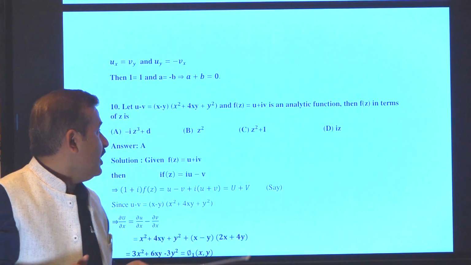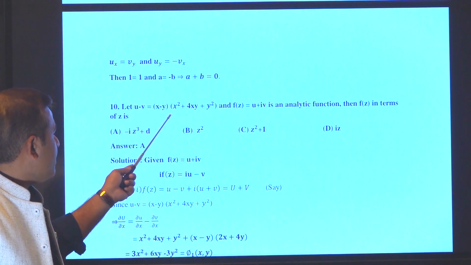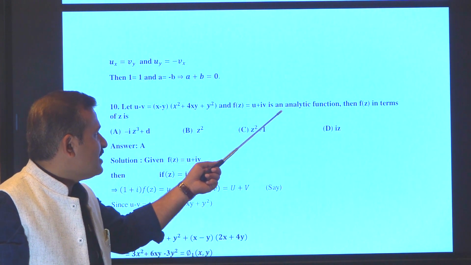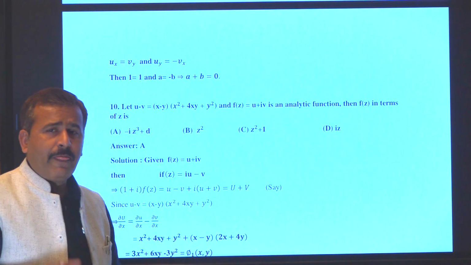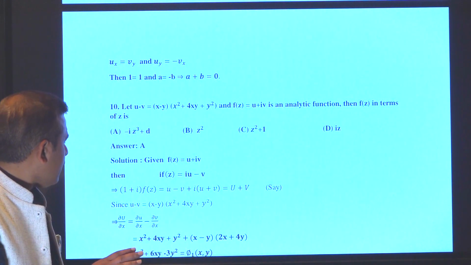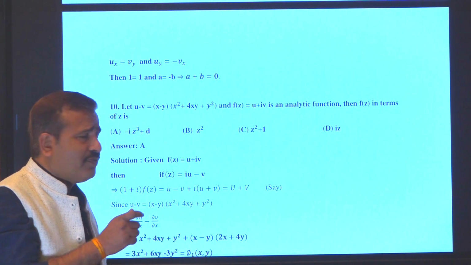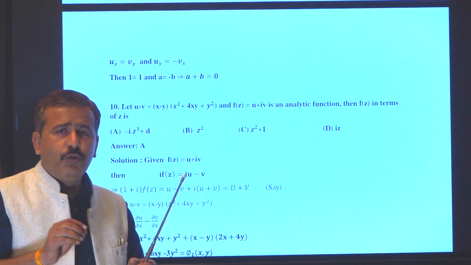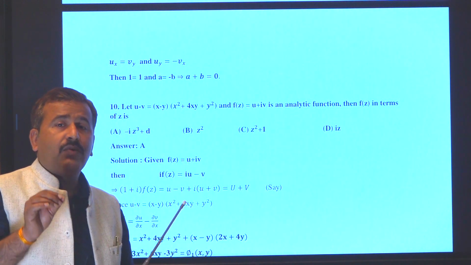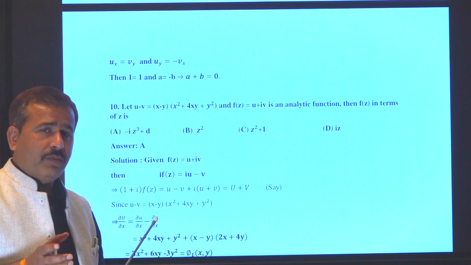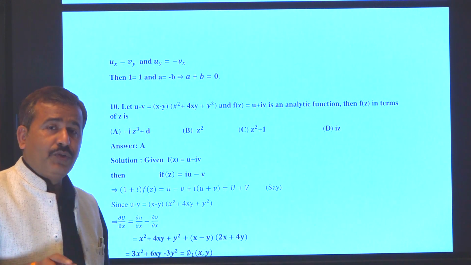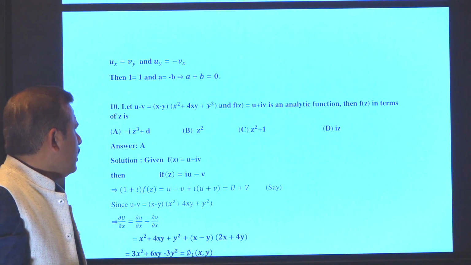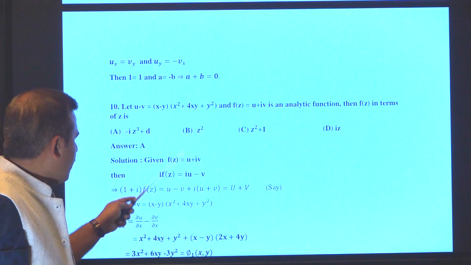Now this is the last problem of today's lecture. u of x, y is given. u of x, y is (x minus y)(x squared plus 4xy plus y squared), and f(z) equal to u plus iv is an analytic function. Then find f(z) in terms of z. Friends, we have already discussed this type of case in the Milne-Thomson method, when u is given, when v is given, when u minus v is given, and when u plus v is given. So before solving this type of problem, first go through that Milne-Thomson lecture,